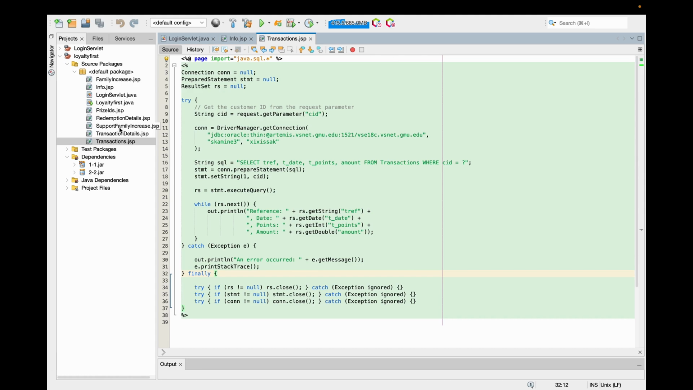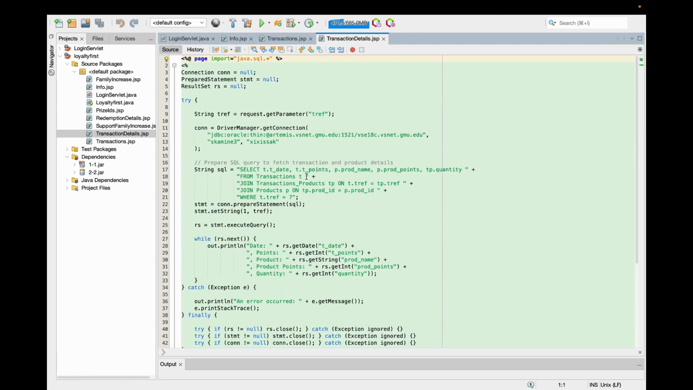Next we have transactionDetails.jsp. Here the input parameter is going to be the transaction reference, tref, and the response output is going to be the date, transaction points, and also the product names, product points, and quantities of the products. For this we need to get these product details from the products table. So we need to join the transaction products and the products table. We can do it using the prod ID, which is present in both the